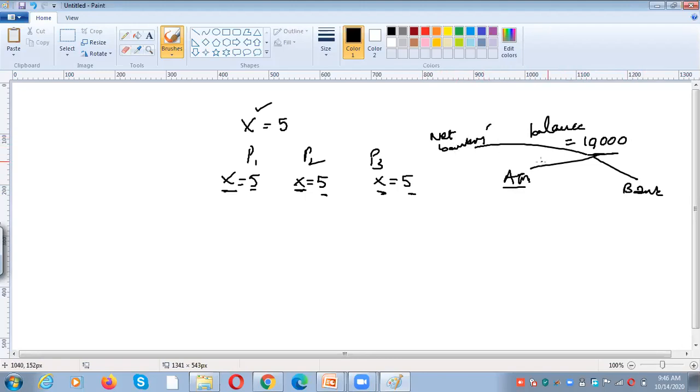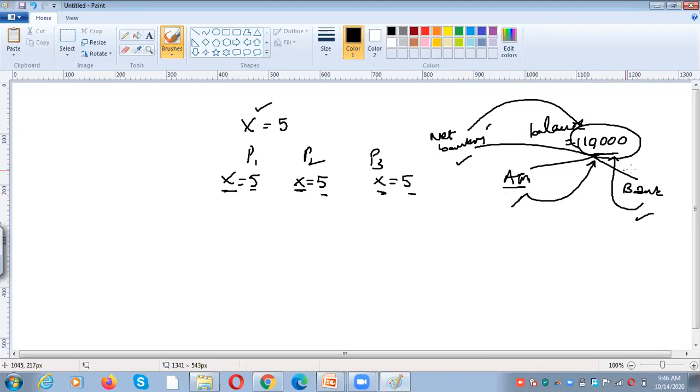You may want to perform operations using net banking, or using the ATM, or within a bank. Wherever you are, you want to perform operations on the same balance amount, right? Whenever you perform some operation, the amount needs to be reflected in all the places. That means the balance should be the same in all the cases.